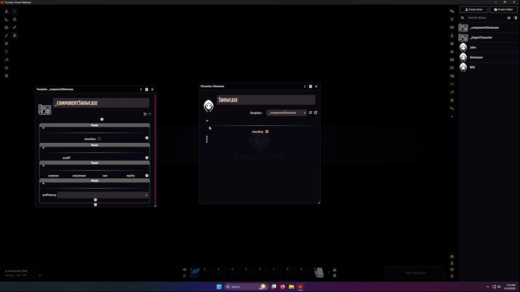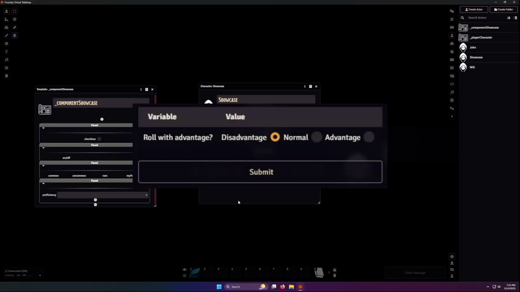Next up are radio buttons, which give our users multiple options to choose from. Rather than being limited to just switching a condition on or off, which a radio button could also do, radio buttons can present even more options, except only one choice from the group can be true at any given time, making it great for providing players with multiple options where their choices are mutually exclusive, like choosing if a roll has advantage, disadvantage, or is normal,